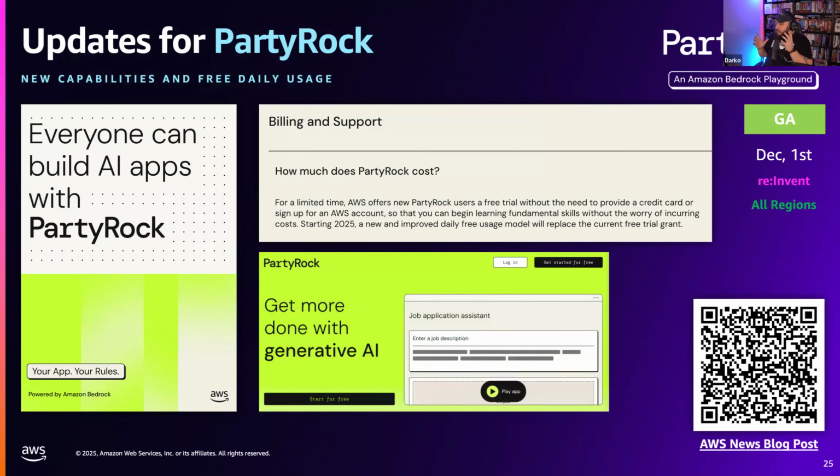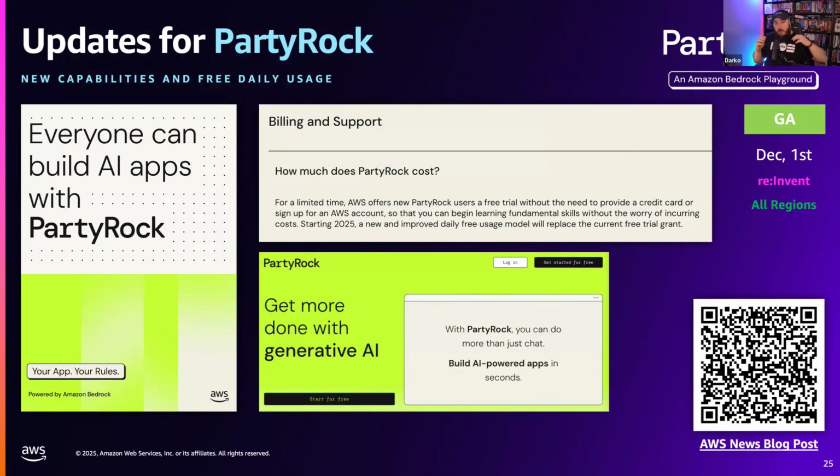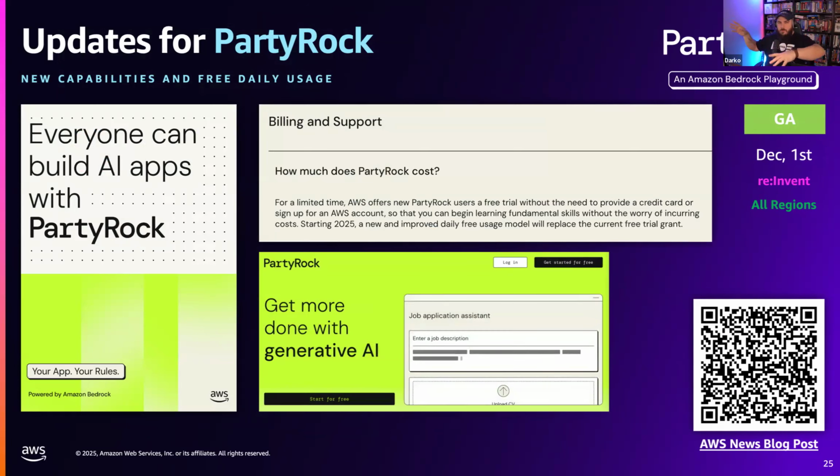The biggest change here, it offers free daily usage. In the past, you had some sort of a usage pool that you can use up, and that's it. Now you have a specific amount of free daily use. Now, Party Rock, for those of you who do not know, it's a free service. It's kind of like completely separate from AWS. You don't need to have an AWS account, nothing. You log in with a social account, and it's an app.